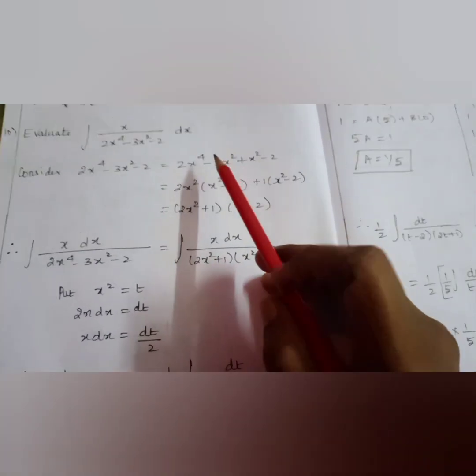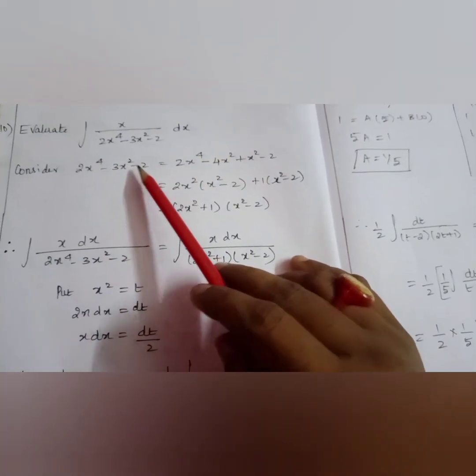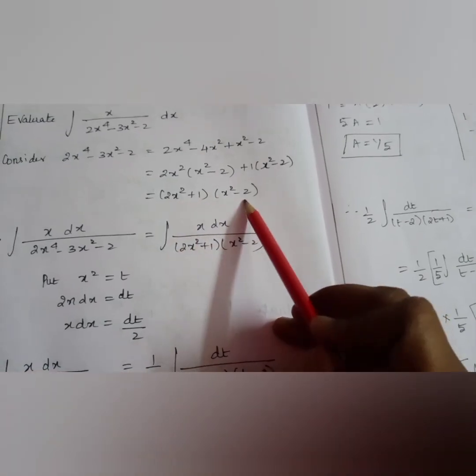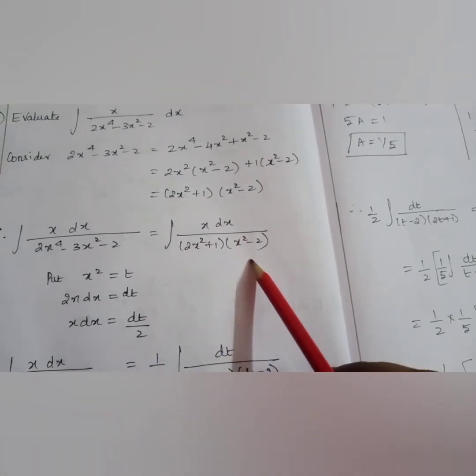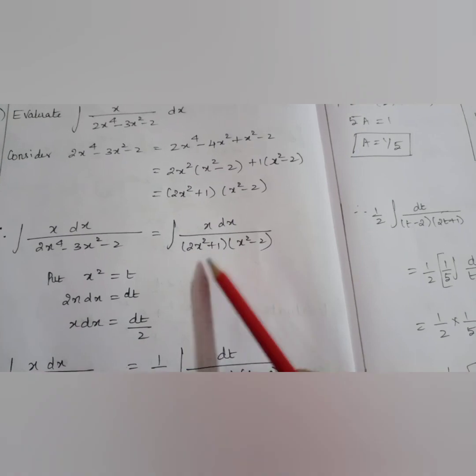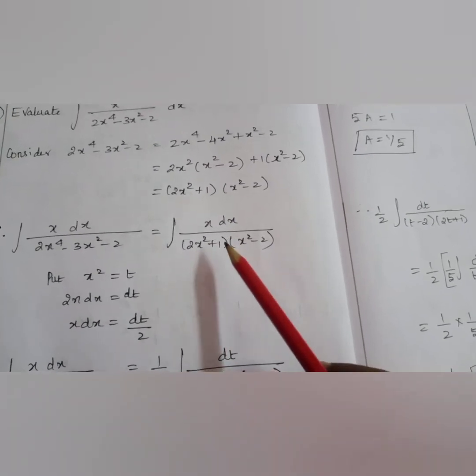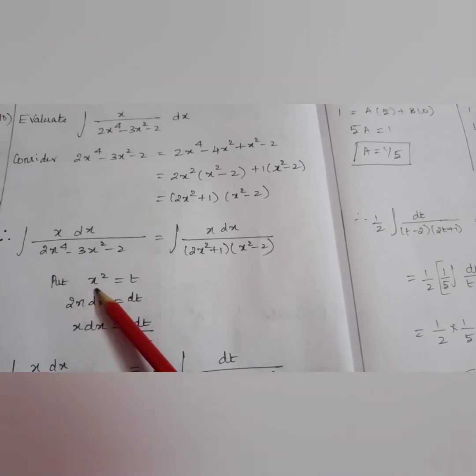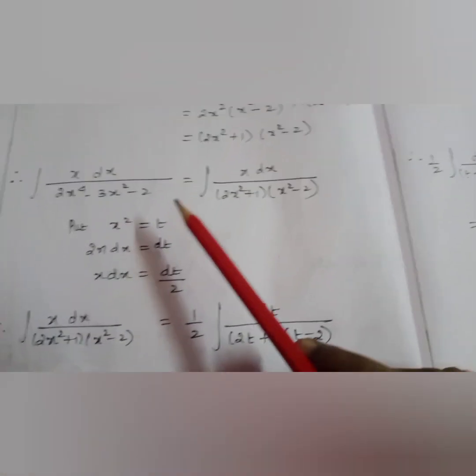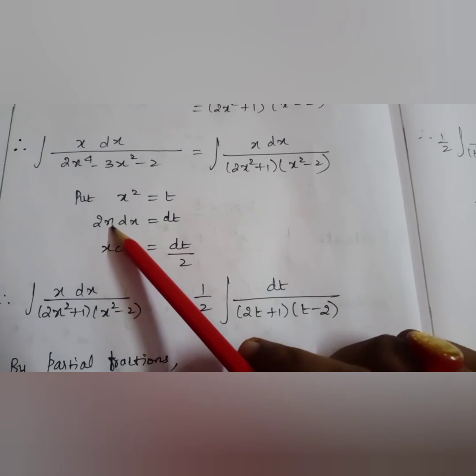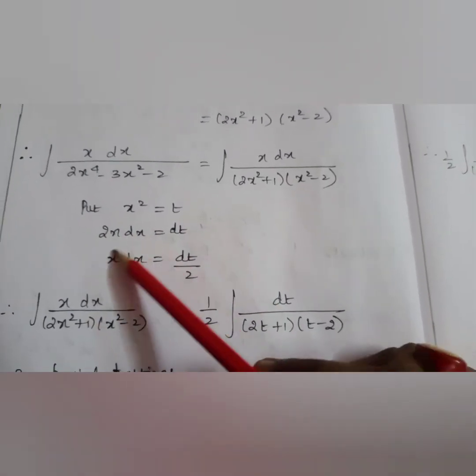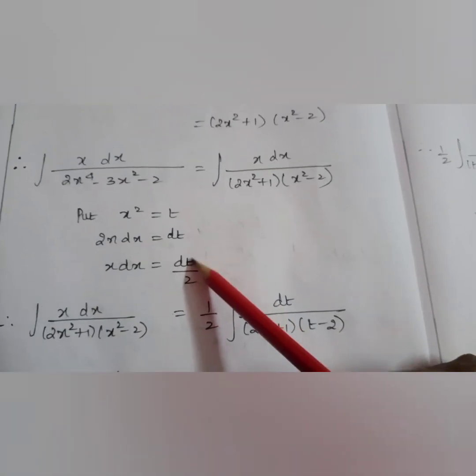So first I will do factorization for this. When I am doing the factorization, I am getting it to be 2x square plus 1 into x square minus 2. So I am writing it. Again, I don't want this x square and all, so I will never get the answer if I am going to integrate it directly. So what I will do, substitution, putting x square is equal to t. When I am differentiating, I will get 2x dx is equal to dt, means in the place of x dx I can write it as dt by 2.